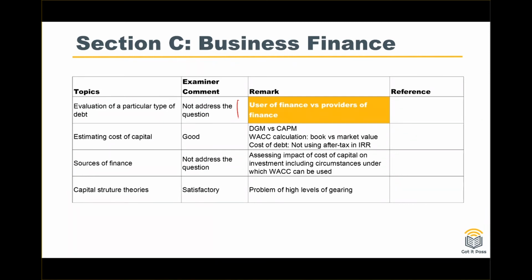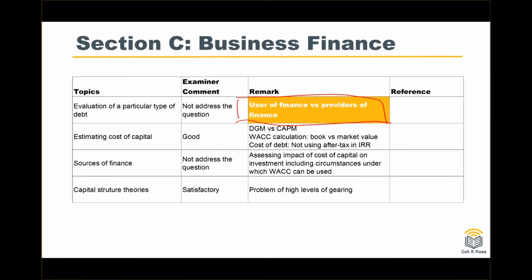The examiner mentioned the candidates are confused about the use of finance and provide finance. Sometimes, when you study the old syllabus on the debt valuation, it's about the valuation part. Sometimes you work on the cost of capital. It's about the business finance. So when the question asks you about business financing, for example, in section C, your focus should be a company